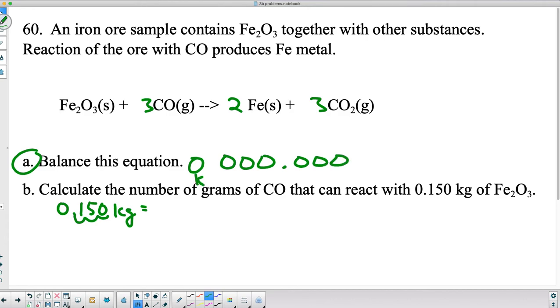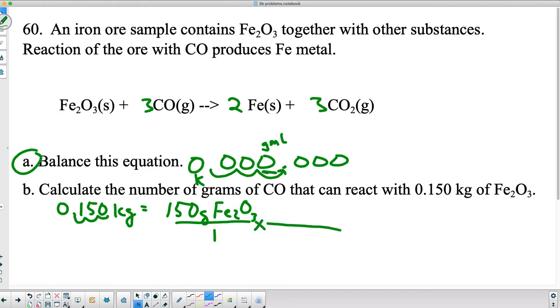Before, this is kilo here, and this is grams, meters, liters, like this. So from kilo to grams, I go 3 places to the right, which means I have 150 grams of Fe2O3, like this, over 1, and now I start my problem. Now, this is a mass-to-mass problem, so my first step is to change from grams of Fe2O3 to moles of